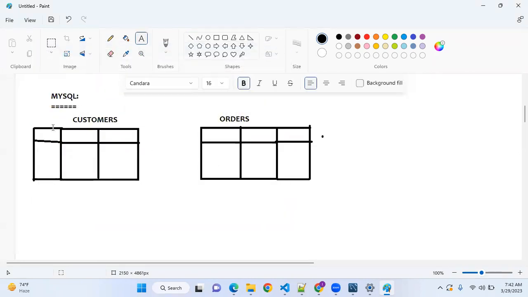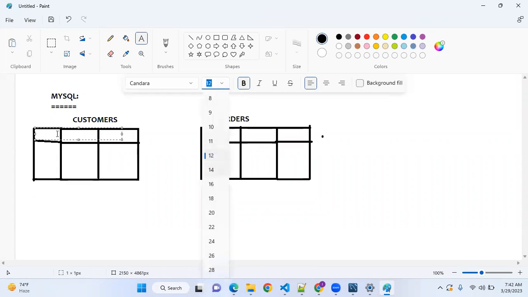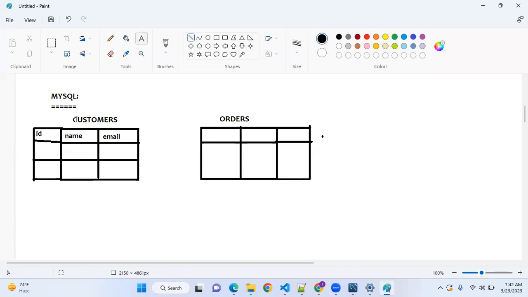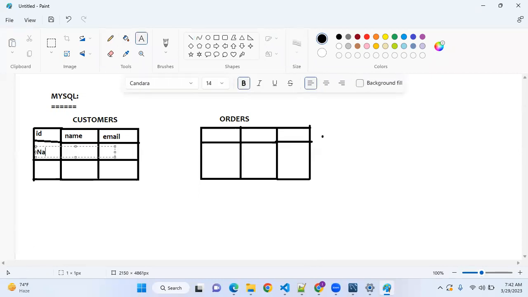So what will the customer table contain? Whenever the customer registers to our application, there will be a customer ID, name, mail ID, username, and password. Those things I'm not going to store here, but you can imagine that. Email ID, just for example. There are two customers. Just understand very carefully, guys.